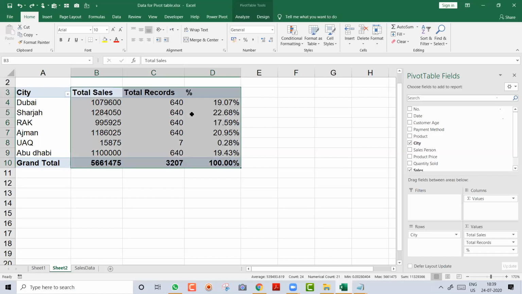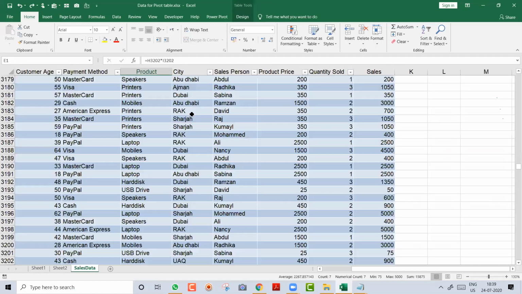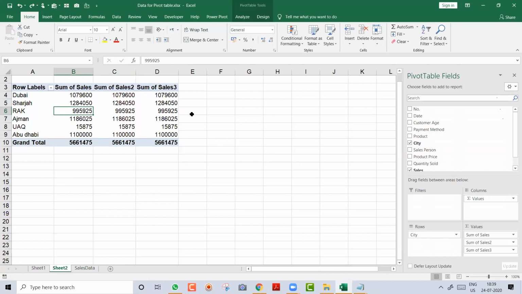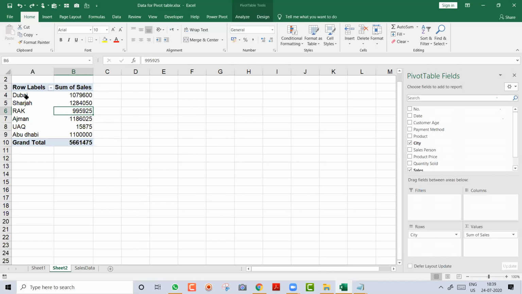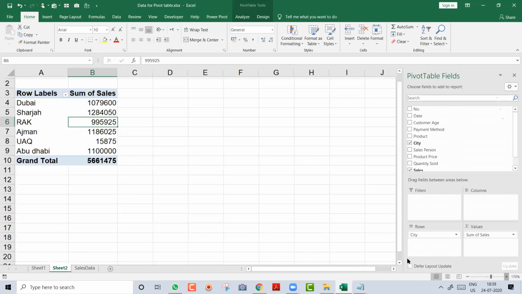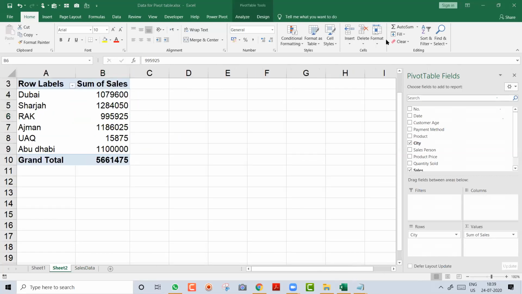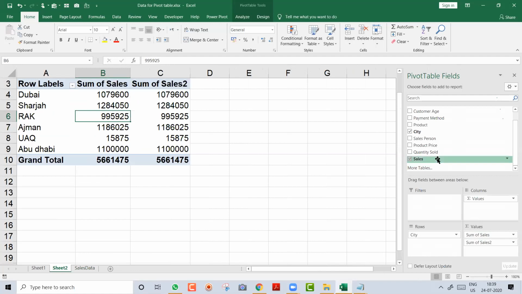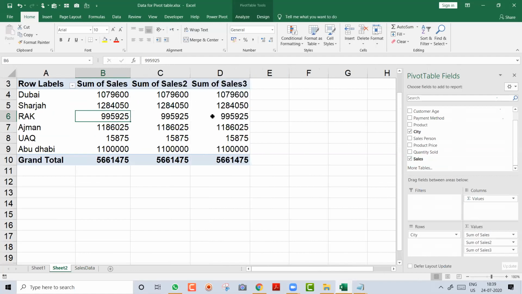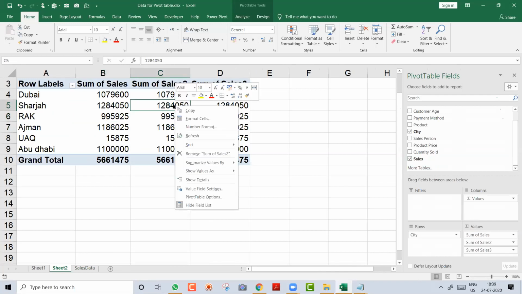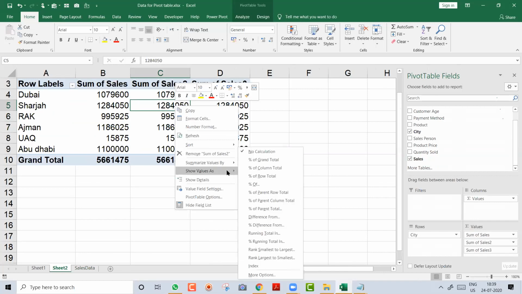If it's not available, you do it like this. Rameshwari, I'm explaining once again, the entire thing, in a different way. The first step is you create the city-wise sales like this. Then you take this sales column 2 times under value, one more time and then one more time. So 3 times you have dragged it over here. Now you right click, summarize value by, and here you get the option count. Or if you want percentage, show value as and take percent of grand total.